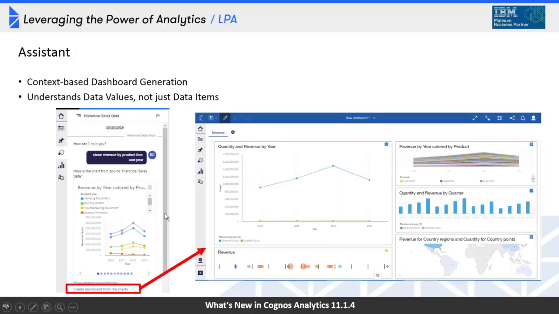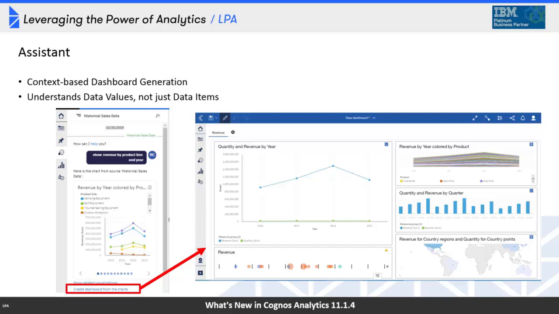In terms of the Augmented Intelligence Assistant, and remember this is the assistant that comes up whenever you create a dashboard, a story, or an exploration, you get an assistant button. They've added some additional features. Now in release 11.1.3, you may recall that they added a set of keywords, create dashboard. So if you had a collection of data in context, and the data in context, just so you know, is always shown at the top of the assistant panel. So whatever data you have in context, if you said create dashboard, it would present you a dashboard with tabs,